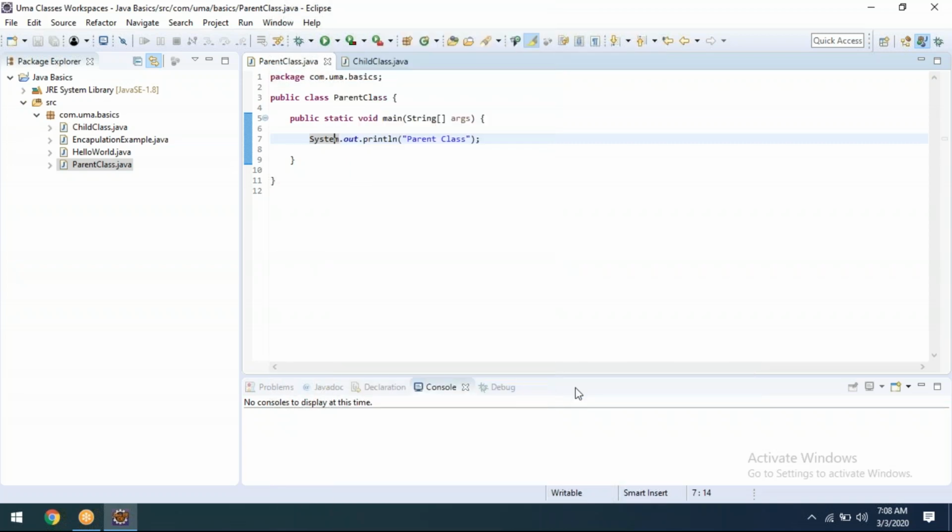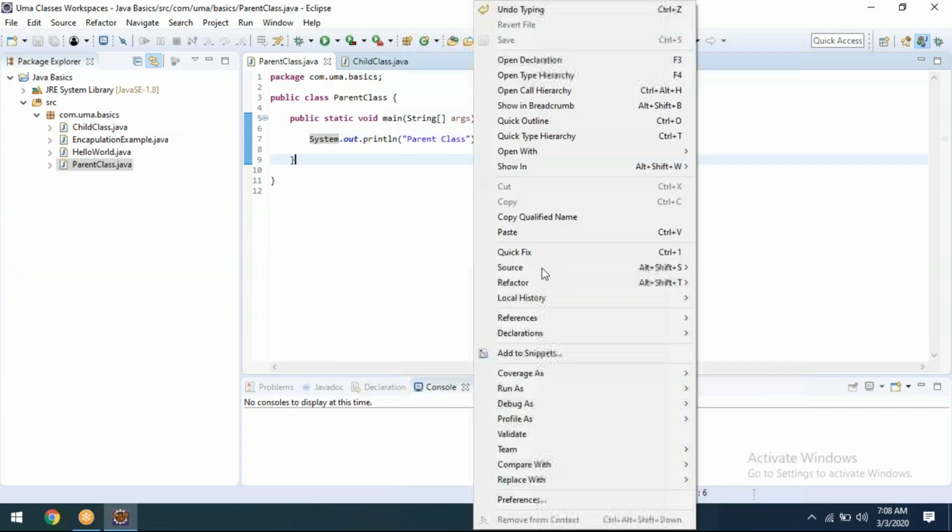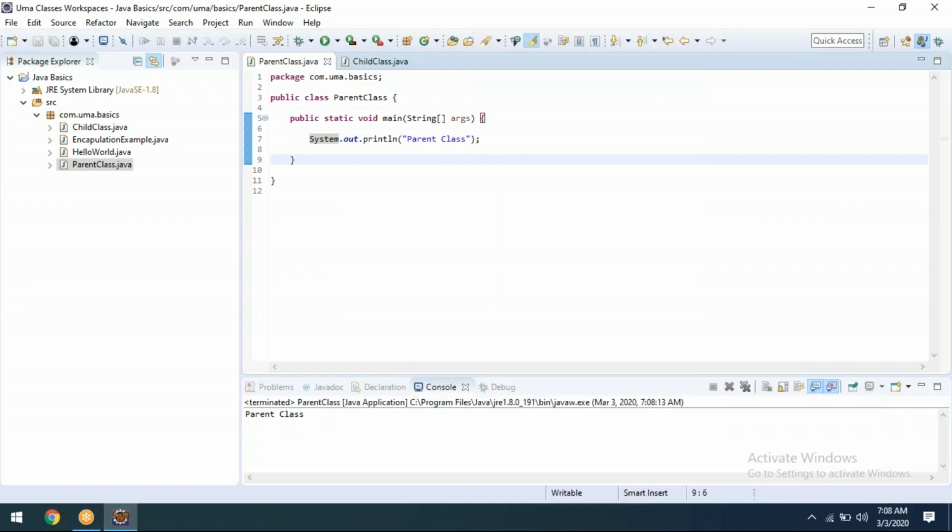Now, before moving on, say for example, this is the independent class. I am able to run it. The same way, now I'm going to create a few more methods. Public void show.